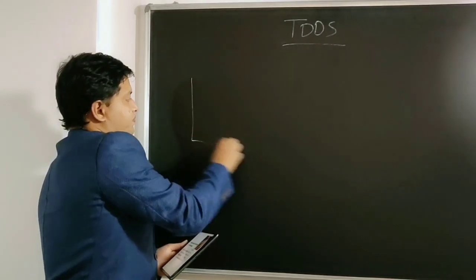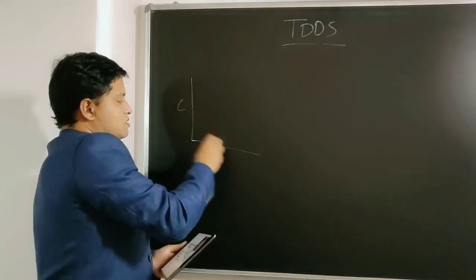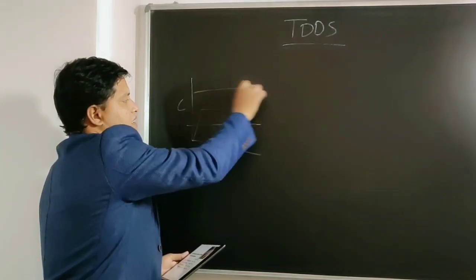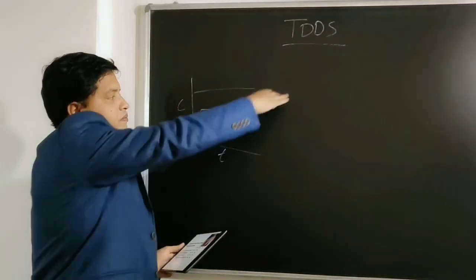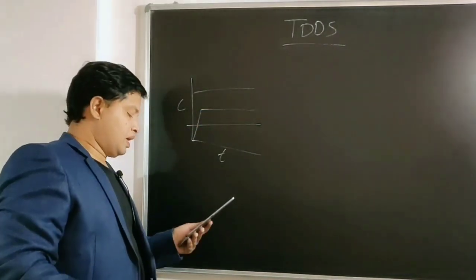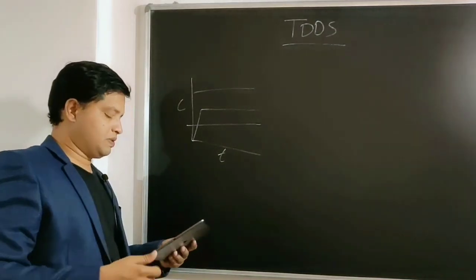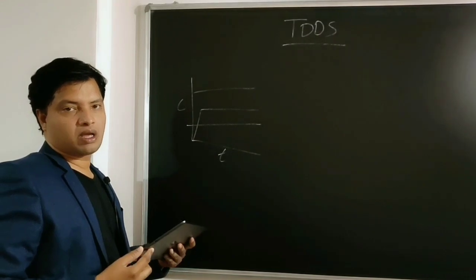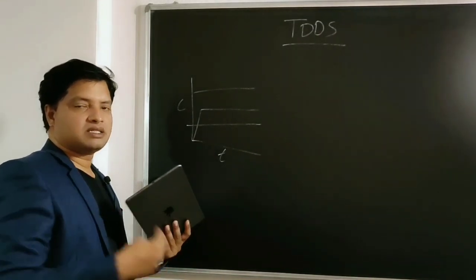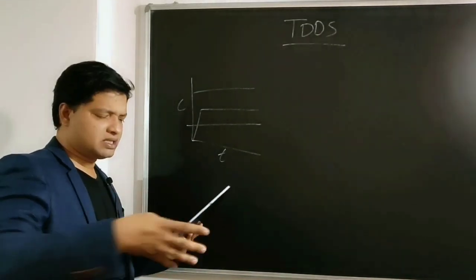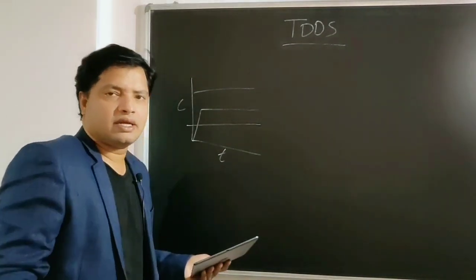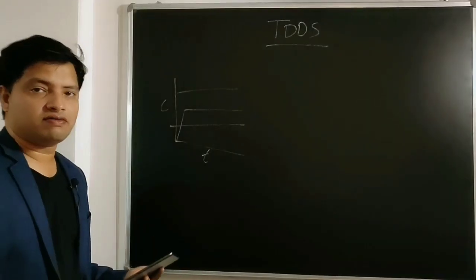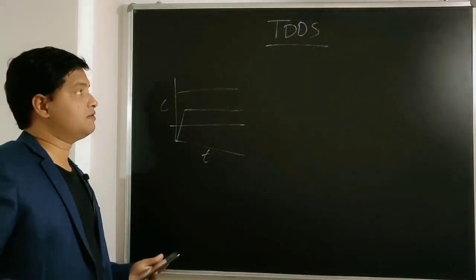Let's say this is your plasma concentration and time. The drug level will be maintained constant within the therapeutic window over a prolonged period of time. Then self administration is possible and unrestricted patient activity. Just stick that patch anywhere on the skin and the patient can do normal activities as he does in his daily life. So what are the disadvantages of transdermal drug delivery system?